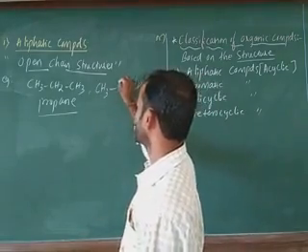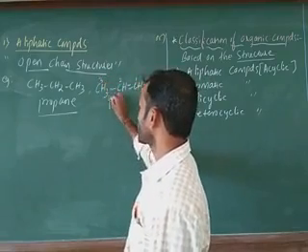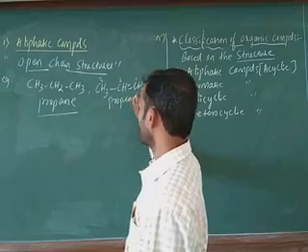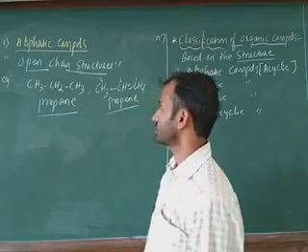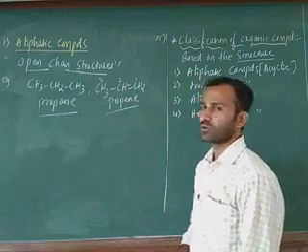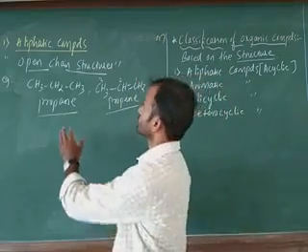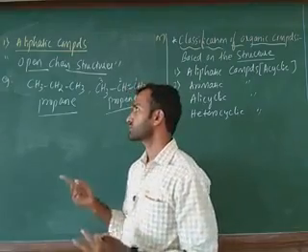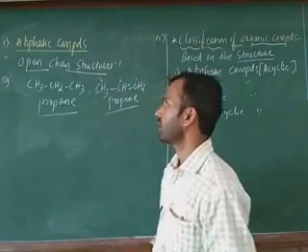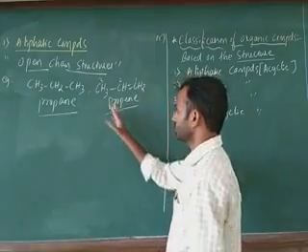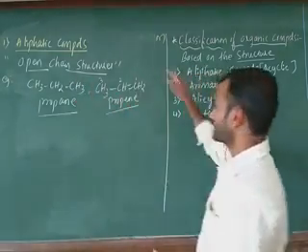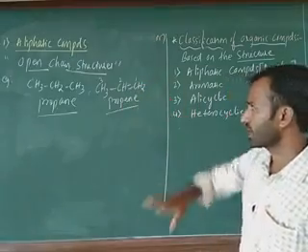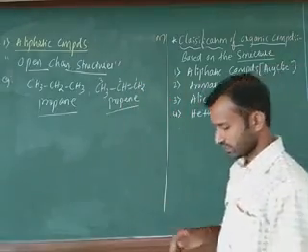What is the name of this one? Propene. Here 1, 2, 3. You have to write 1-propene, or generally you can write propene. This indicates aliphatic compounds. Your general final conclusion for aliphatic compounds: all the alkanes, alkenes, and alkynes are aliphatic compounds. That is the first one, the aliphatic compounds definition and examples.